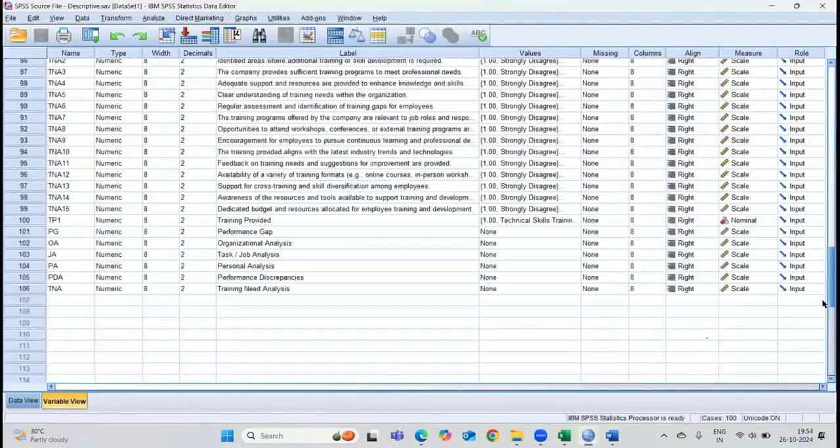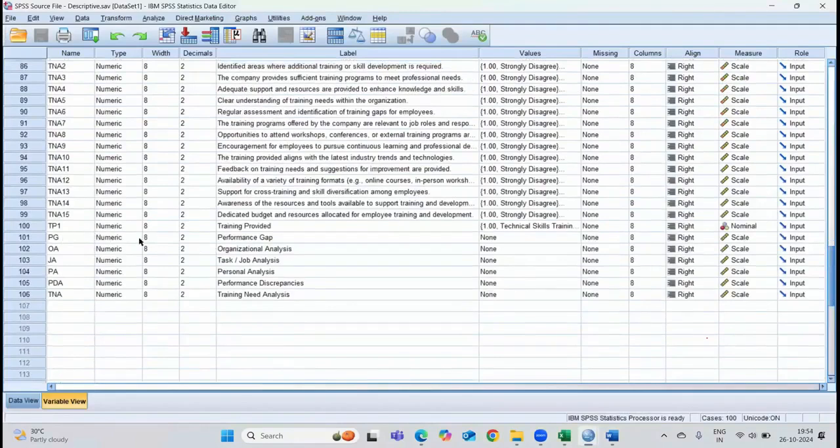If you take a close look, this training provided performance gap, organizational analysis, task and job analysis, and personal analysis. You may ask a question, sir, these are the factors and it has many variables. How do you convert those into a